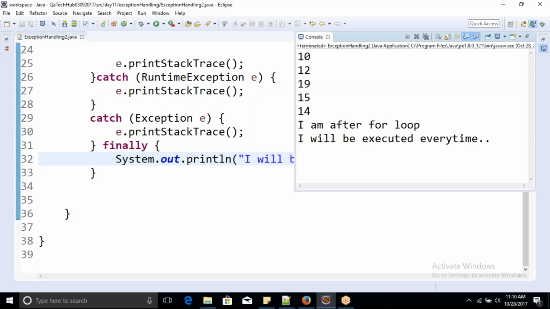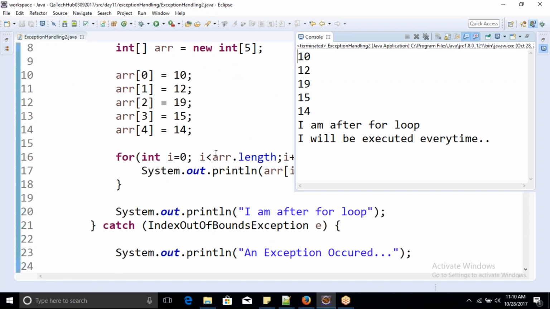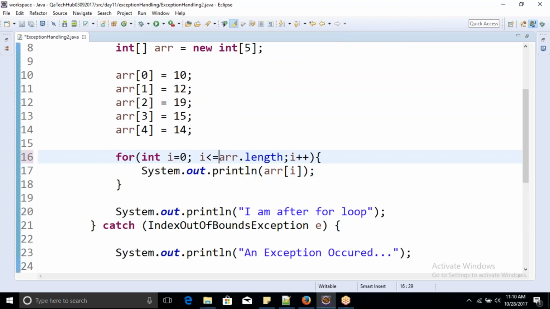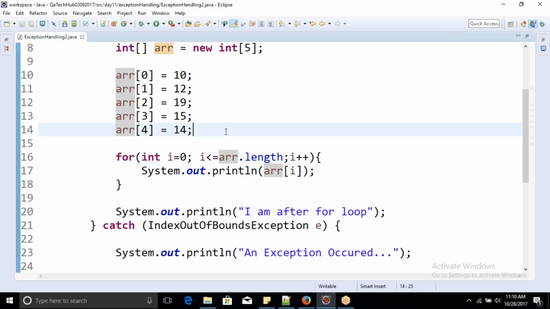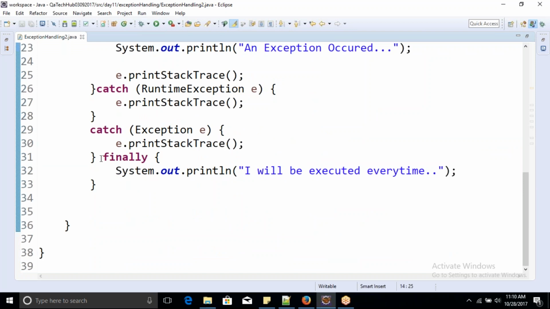Like in the case when an exception is not occurring, see, it is executed. And let's consider the scenario where an exception will occur. Say for example, I put an equal to sign here. So in this particular scenario, an exception will occur. Now if I execute this code, you will observe that though an exception has occurred, that statement, "I'll be executing every time", is still executed. So it's very simple to understand that whether an exception is occurring or not, this finally block will be